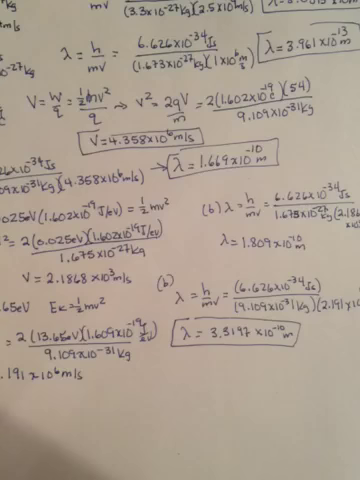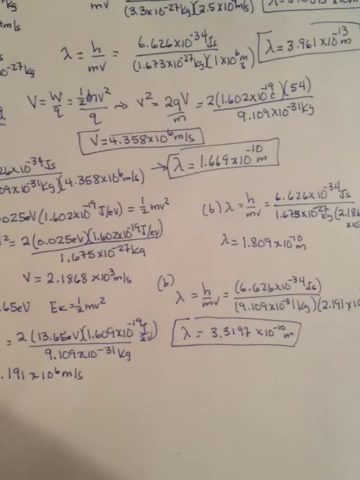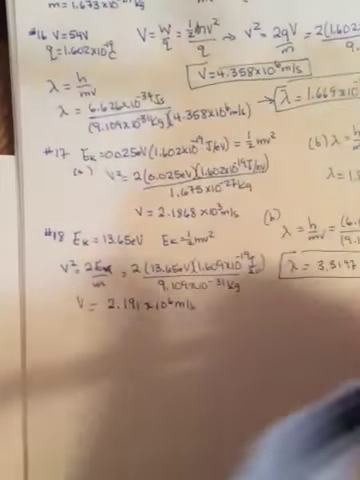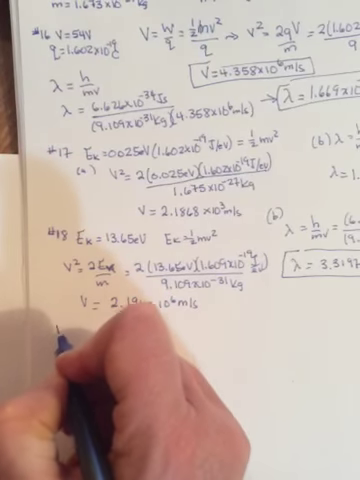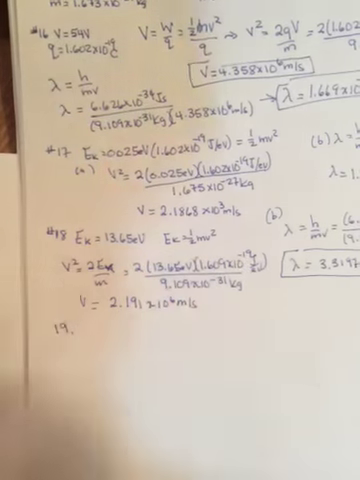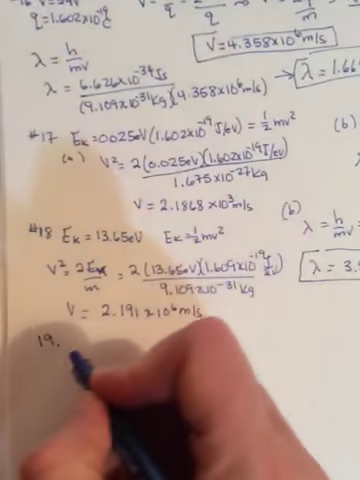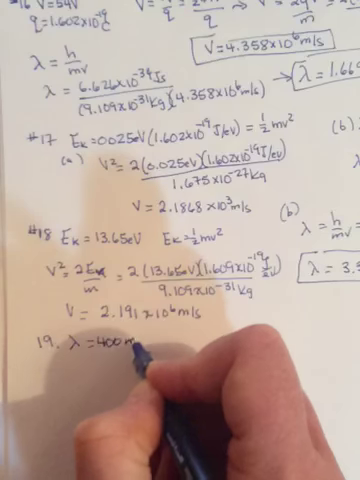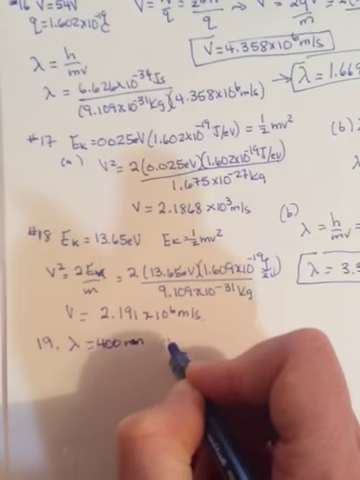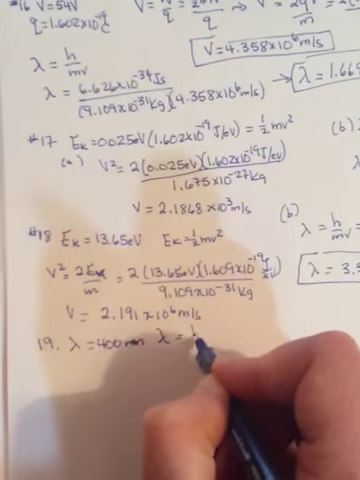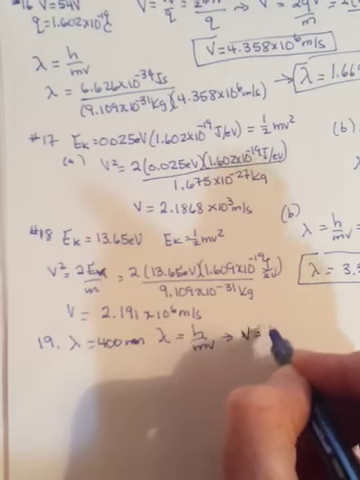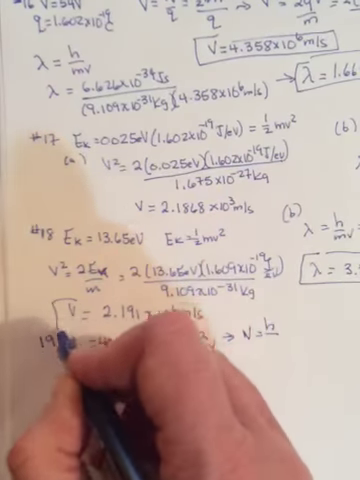Number 19, an electron has a de Broglie wavelength of 400 nanometers, the shortest wavelength of visible light. Find its velocity. See, I must have had a premonition when I was saying it must be time for them to make us rearrange that equation. So this time, they're telling us that lambda is 400 nanometers, and they're asking us for v. So h over mv, you're going to rearrange it. So v is going to equal,